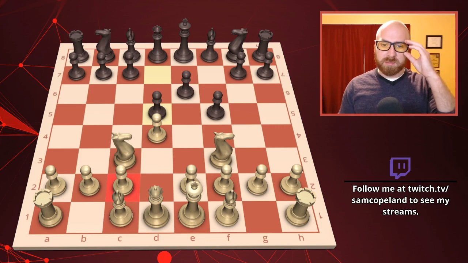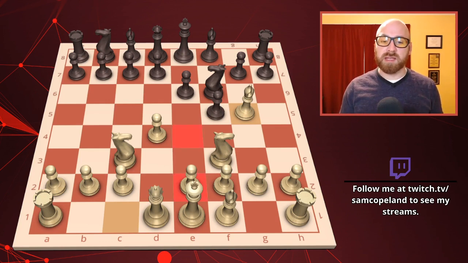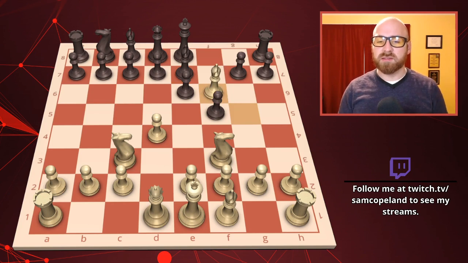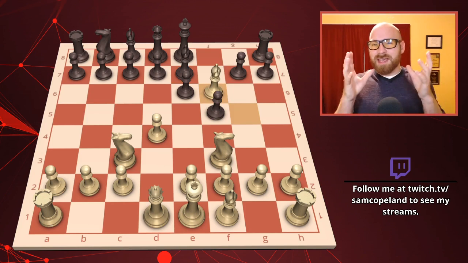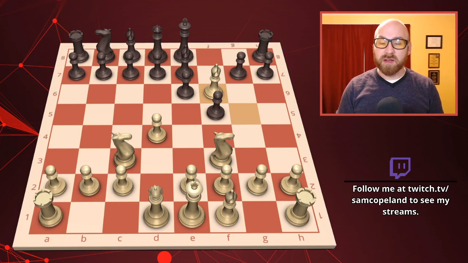In any case, Black plays knight to f6, which is a very good move, of course, developing the knight and controlling e4. And White plays bishop g5, pinning the knight and still hoping to play pawn to e4. Black plays bishop to e7, breaking the pin, developing, getting ready to castle, and now White plays bishop takes f6. Now, this is not a terrible move, but I really don't like giving up the bishop pair. Masters really value the bishop pair and would not want to give it up so early in the game. It's a very committal decision.